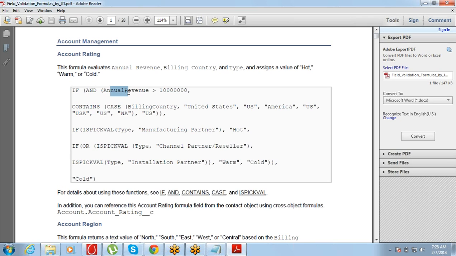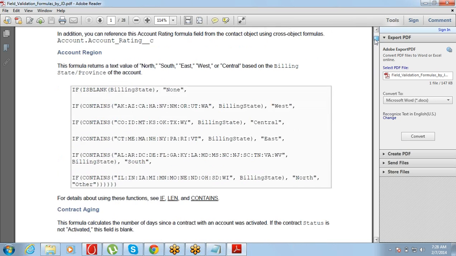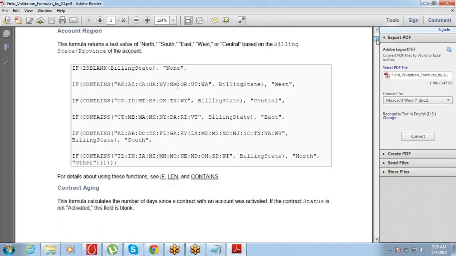If the annual revenue is this, country is this, type is this, then we'll assign it a hot account or warm account based on that.